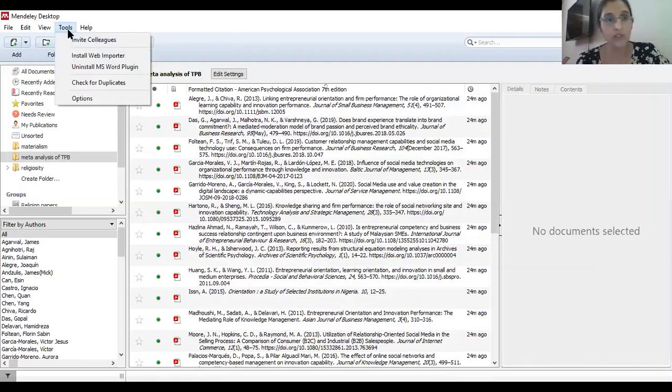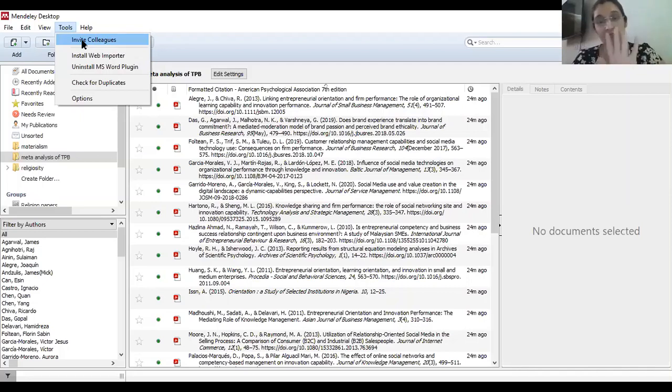Now, your question: come to Tools. There are many things you can do in Tools. One is invite colleagues. But first, has everybody understood how to add a paper, delete a paper, add a folder, delete a folder, and put a paper from one folder into another?